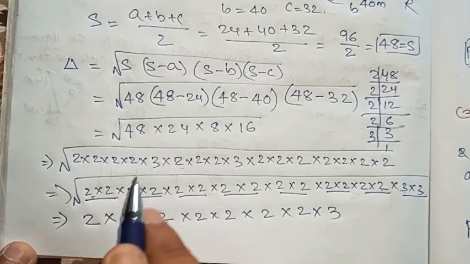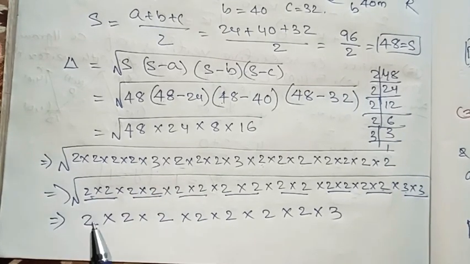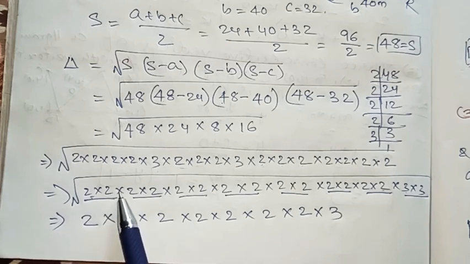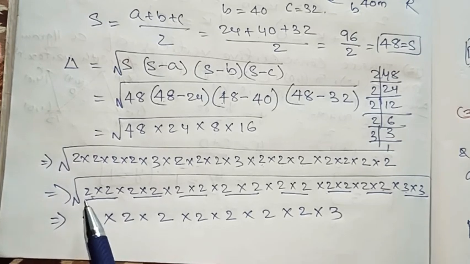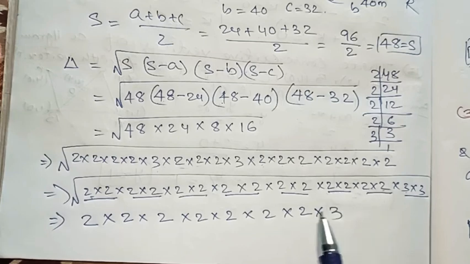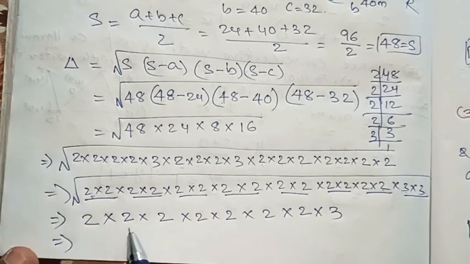Now the square root will be removed, as you have studied in the 8th class, that whenever a square root is there, from the pairing numbers one number will come outside the square root and the square root will be removed. Suppose any number is left alone inside the square root, then you write that number with the square root, don't take it outside the square root. Now multiply this and get your answer.